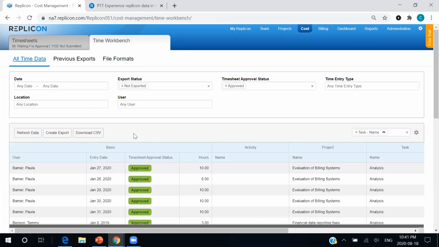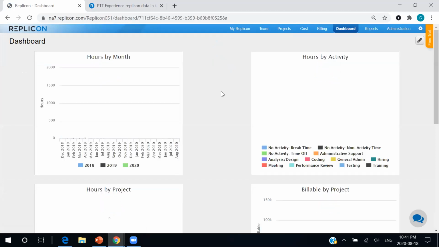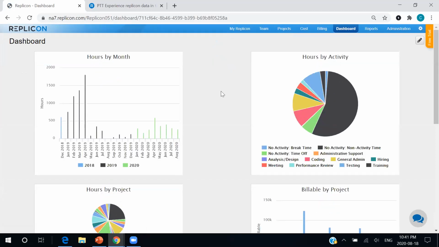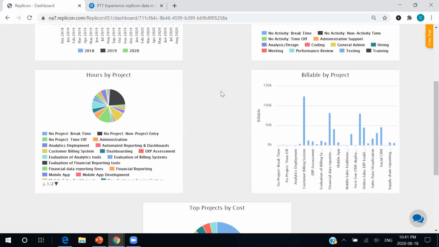So we have been putting so much data into Replicon. We need to visualize this. We need to understand what it is doing for our organization and understand what it means for our bottom line. There are a couple of ways we can do that. One of those is through our dashboards. And like we saw before, dashboards are living and breathing. They can be changed and adjusted to show whatever information you find valuable. And they are perfect for exporting to slideshows, presentations for leadership, or just giving anyone who wants to understand the health of an organization a quick glance at how they're doing.